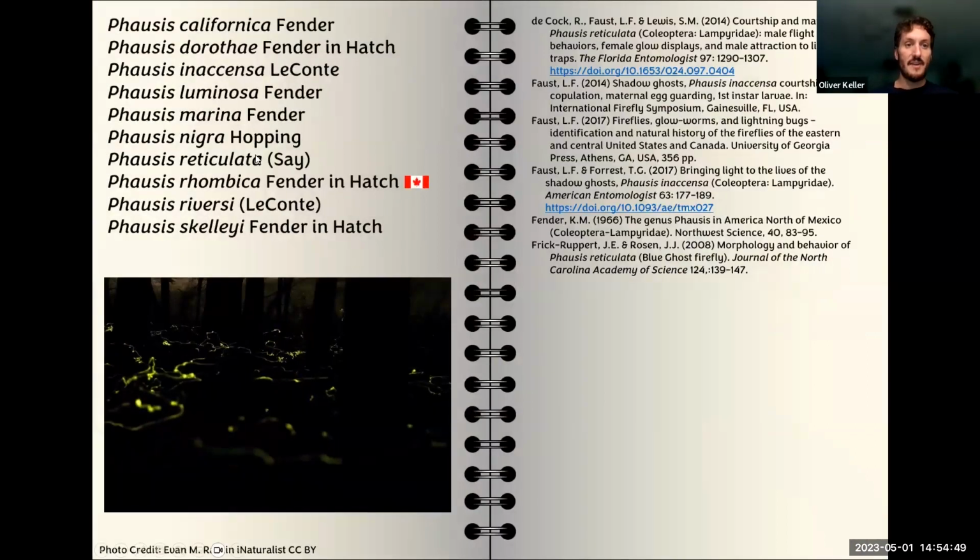So here are other currently known species. We have 10. Phausis rhombica is known from Canada. There is a revision by Fender from 1966, which the new one will update. This one should be in the folder that Candace has, I think, shared with you. And there's some other